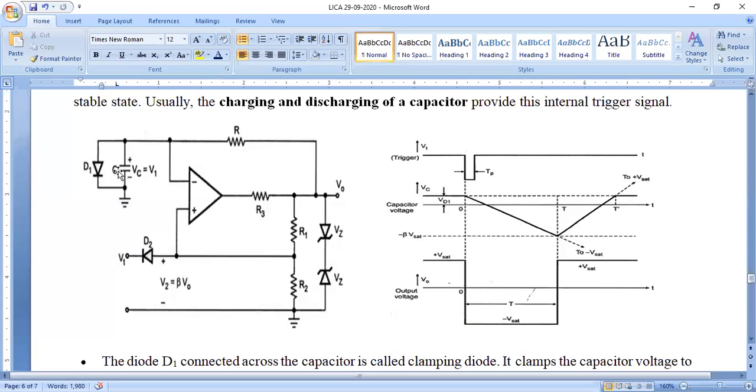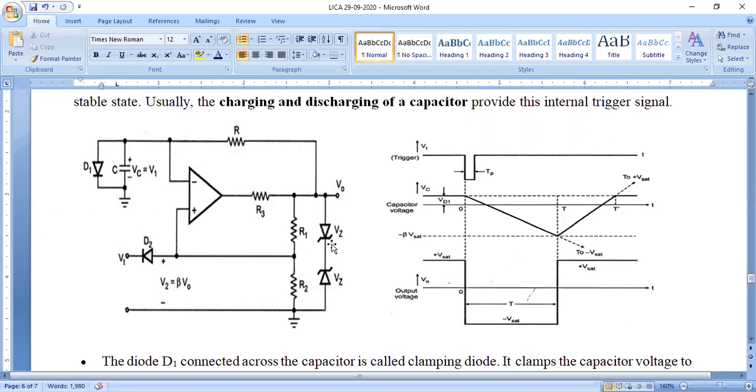At that condition, this capacitor operates at a particular voltage of 0.7 volts. So there is no change in the current flowing through the capacitor. The positive voltage charging is limited through this diode D1. So with the help of this capacitor and these Zener diodes ZD1 and ZD2, ZD1 has an operating voltage of Vz and ZD2 has an operating voltage of Vz2. That is represented with Vz. Both are operating at the same voltage.